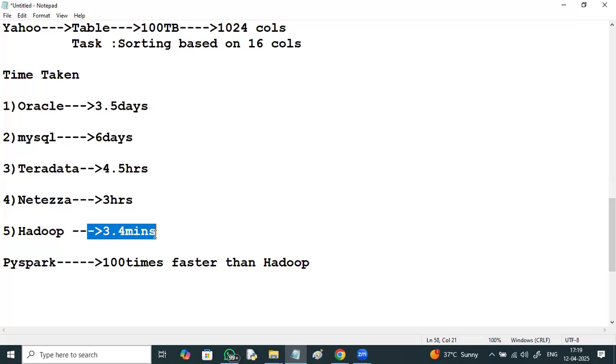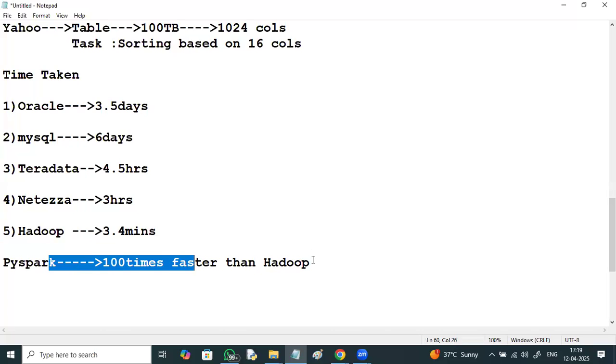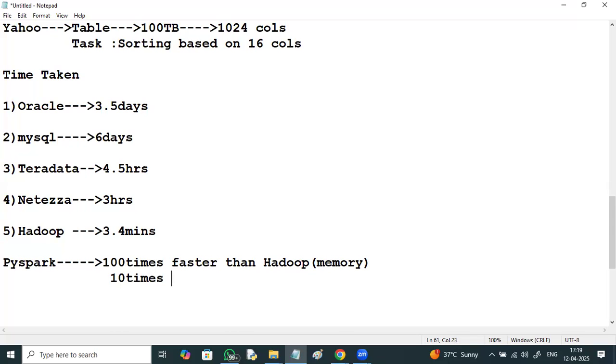Already it has taken very little time, but it is 100 times faster in the case of memory-based processing, and 10 times faster in the case of disk processing. So very high speed you get for this.